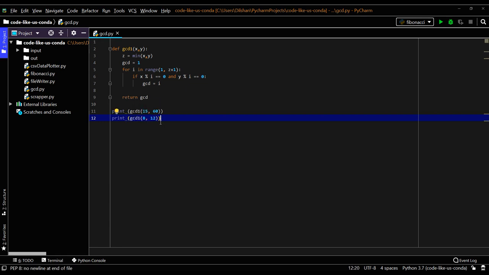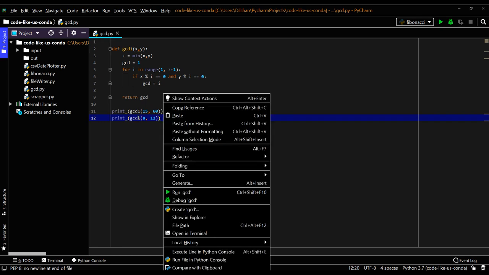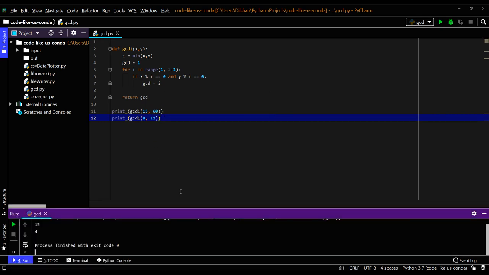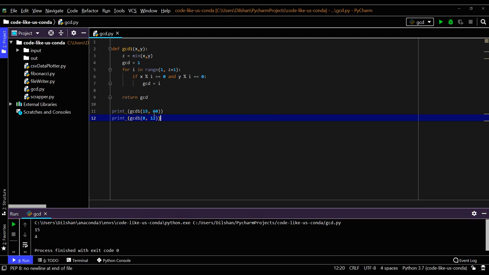Let's try these two values and see what it prints. Yeah, it prints 15 for the first one and 4 for the second one. As expected, the values are correct. So this is the first method, with the for loop.